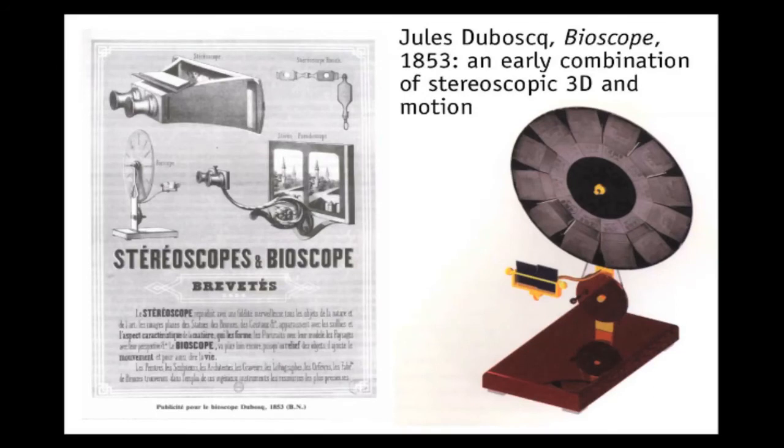This is an early example by the same Jules Duboscq, whose graphical stereo view I already showed you. This is a device called the bioscope that was created in the early times of stereoscopy, in 1853. We only have a modern reproduction because all the copies have disappeared. We just have one of these original discs in a collection in Belgium. So basically how that works,